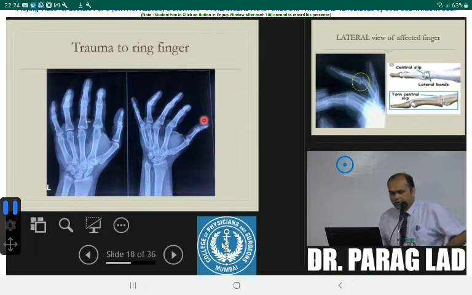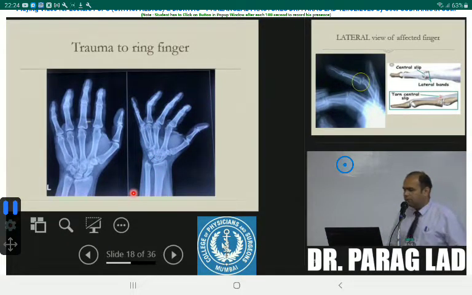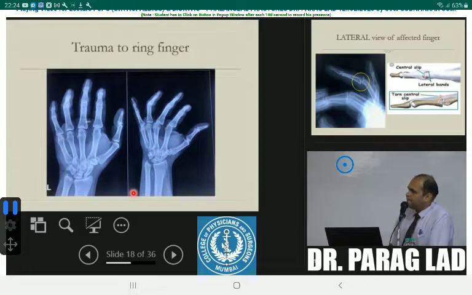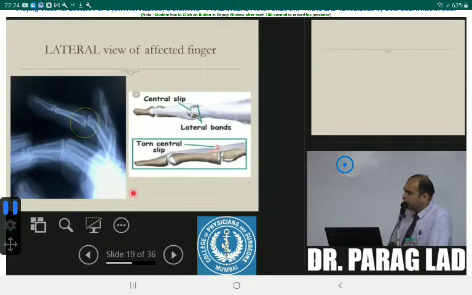So let us take one more. Now, yes, doctor, can you make out on this anything? What is anything that you can make out? If you can't understand, you can tell I don't know. Okay, I am giving you a hint, trauma to ring finger. Yes, what is the next step, madam? What will you like to do now? Okay, so this is the ring finger X-ray. Can you read the X-ray? Please read the X-ray.